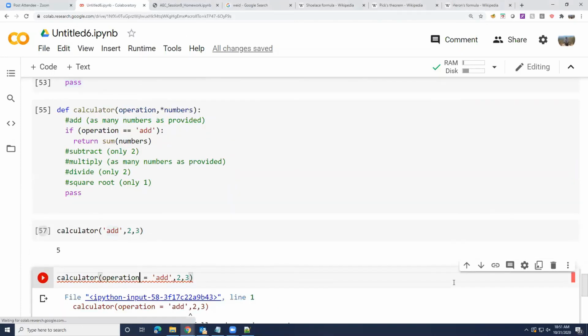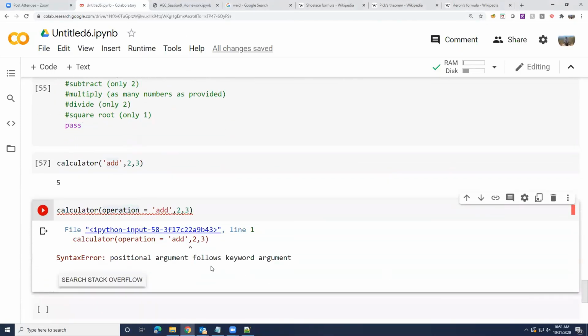So these two looked exactly the same, but gave me an error. I think you can't have some named and some. Okay, that looks like a good point. So how to fix it?